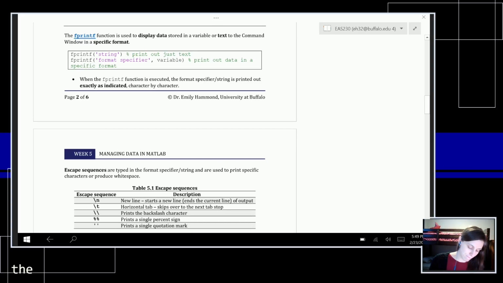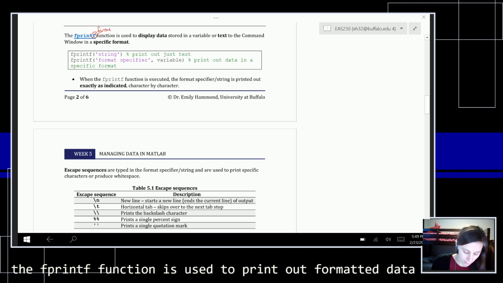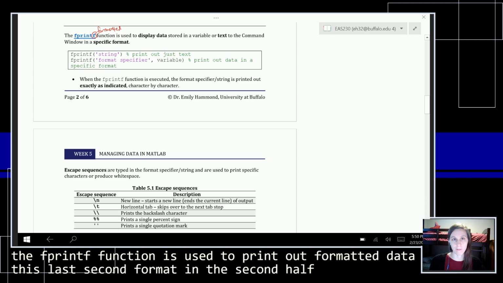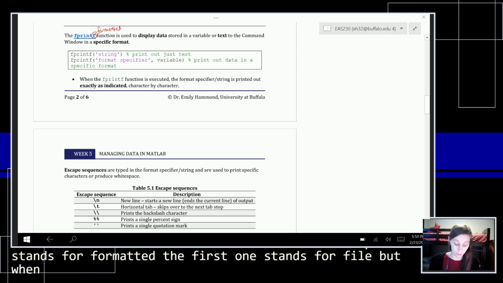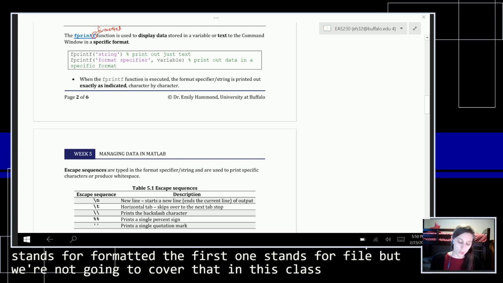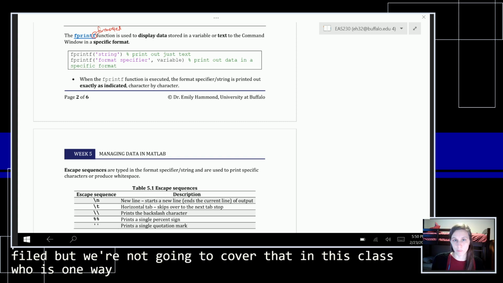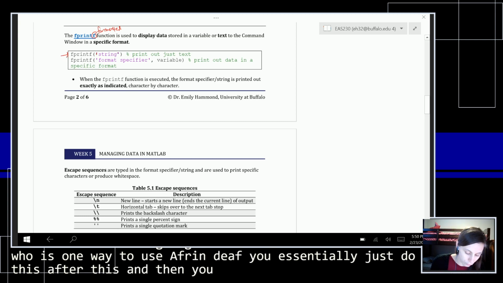The Fprintf function is used to print out formatted data. The second F in Fprintf stands for formatted. The first one stands for file, but we're not going to cover that in this class. So there's one way to use Fprintf. You essentially just do this, Fprintf, and then you have what's called your formatted